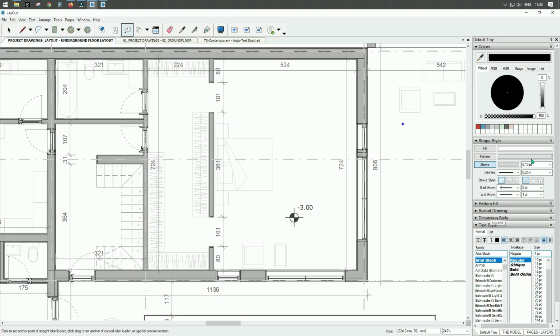So I will go next to our shape style, and the stroke will be in this dimension 0.10 and 0.25. The dash will be like this,